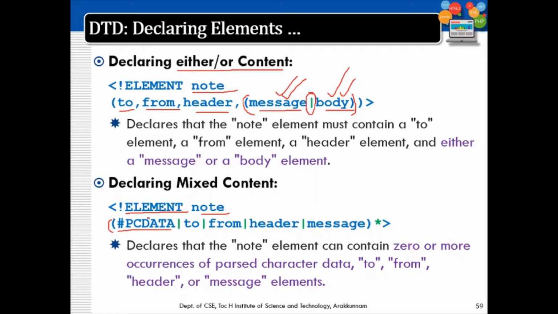That means it can contain data, or nodes like to, from, header, message. Any of these things may appear, and with the modifier star, that means 0 or more occurrences of any of these things. So this note element can contain either just text, or it can contain to node, from node, header node, etc.